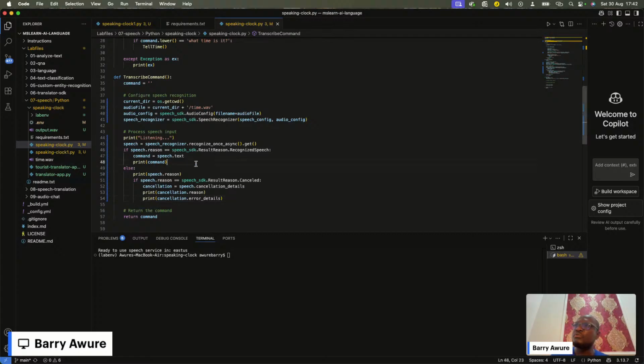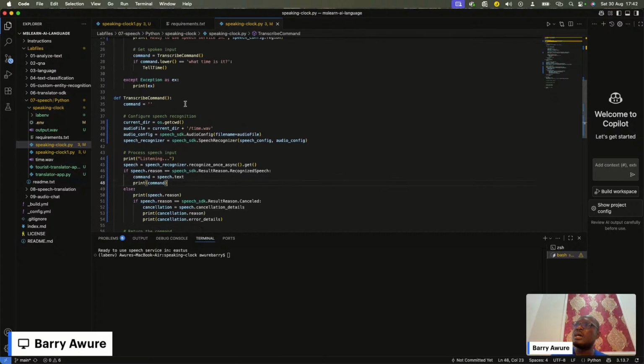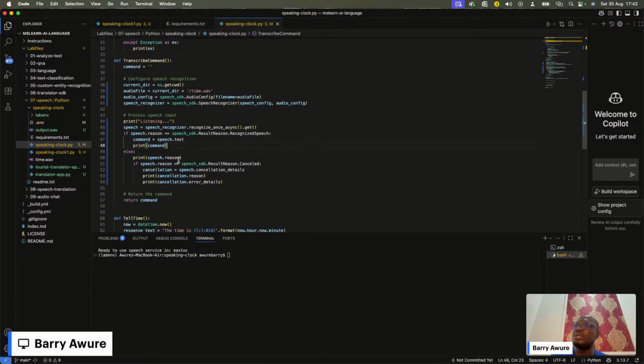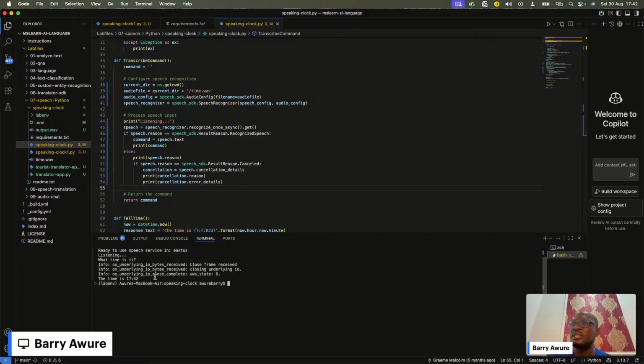At this point, we've gotten our application connected to Azure, and we've also set up speech recognition, right? If we run this code again, we should be able to see our application now says it is listening, right?